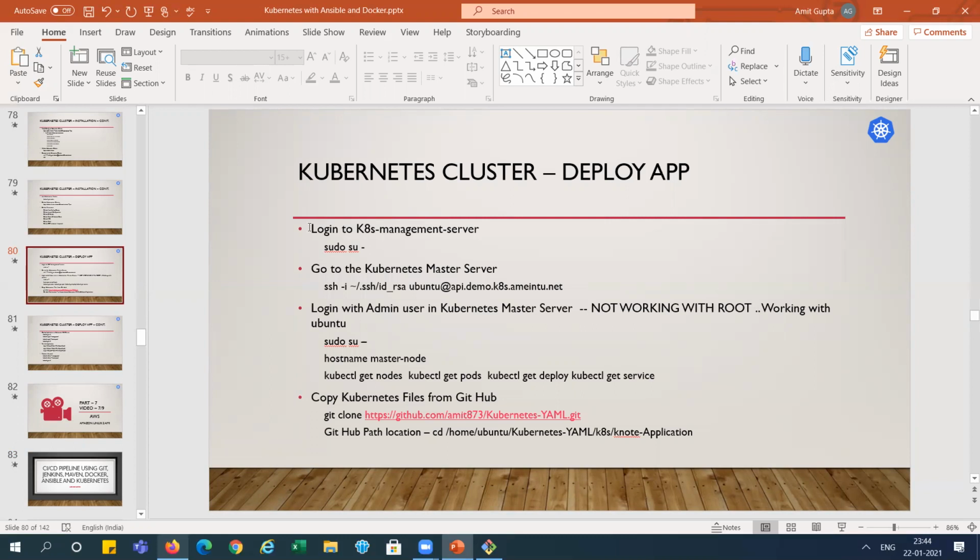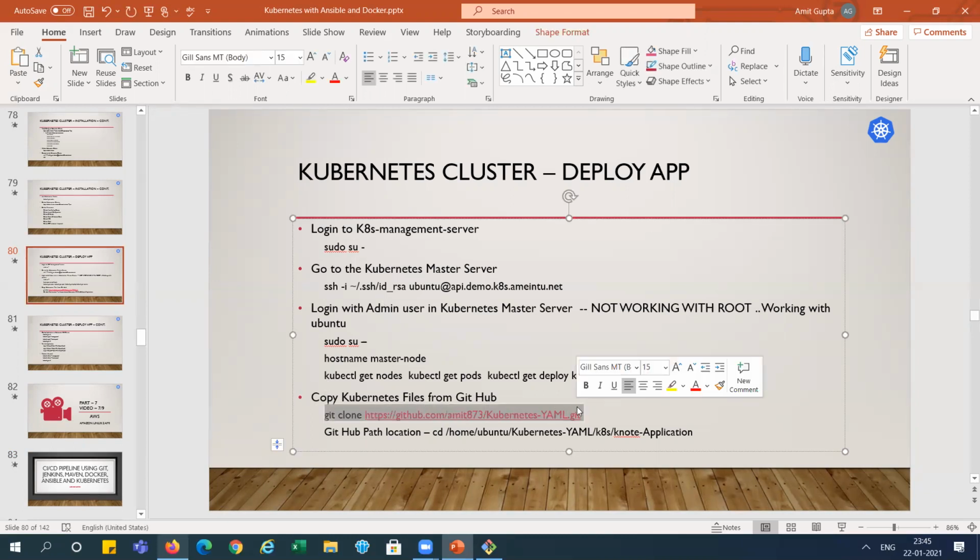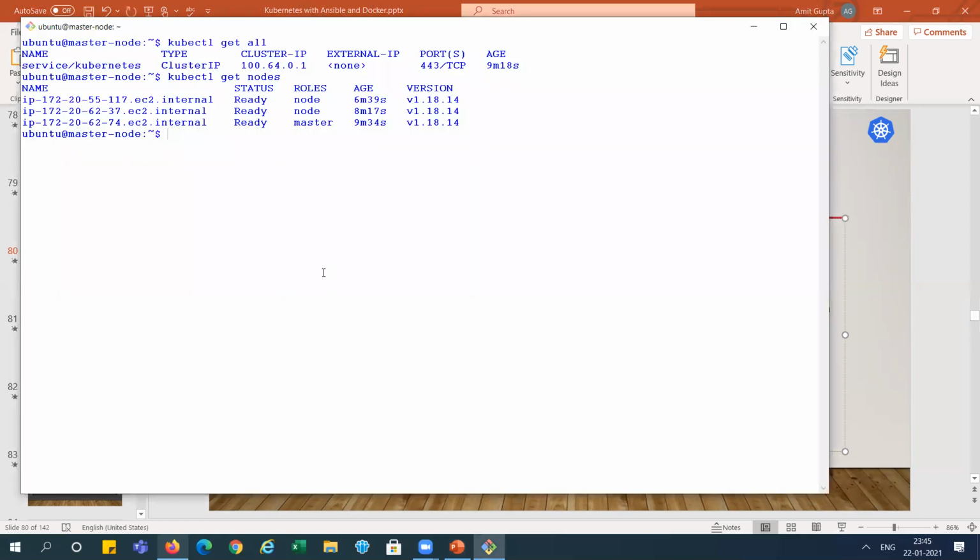So I'm just going to that cluster, right? And using this GitHub URL, we need something from there. I'm cloning the things here. We are in the master node, right? So I will run from the management node.